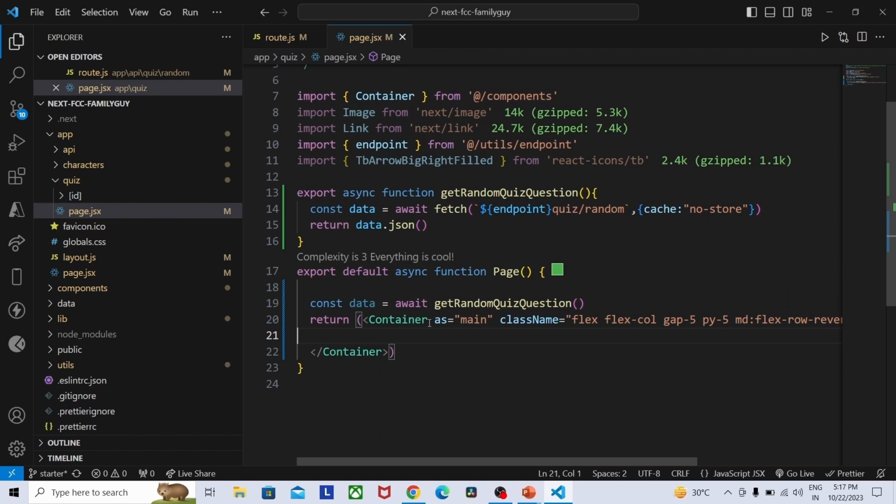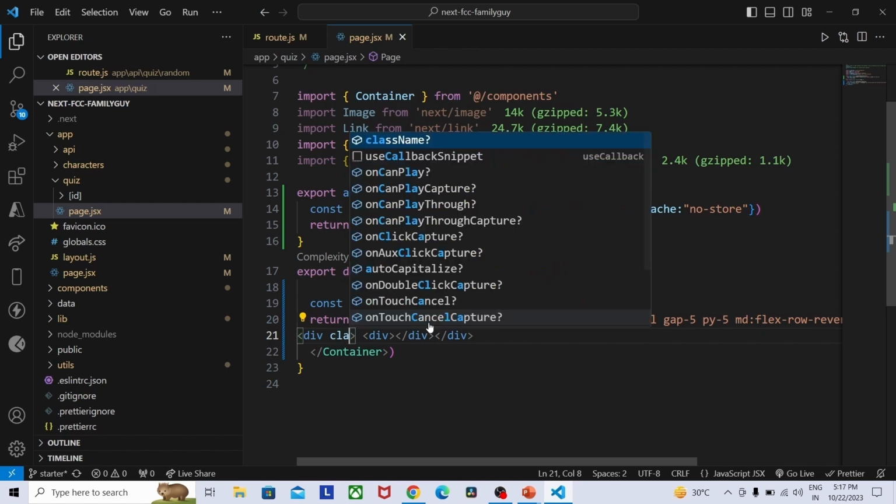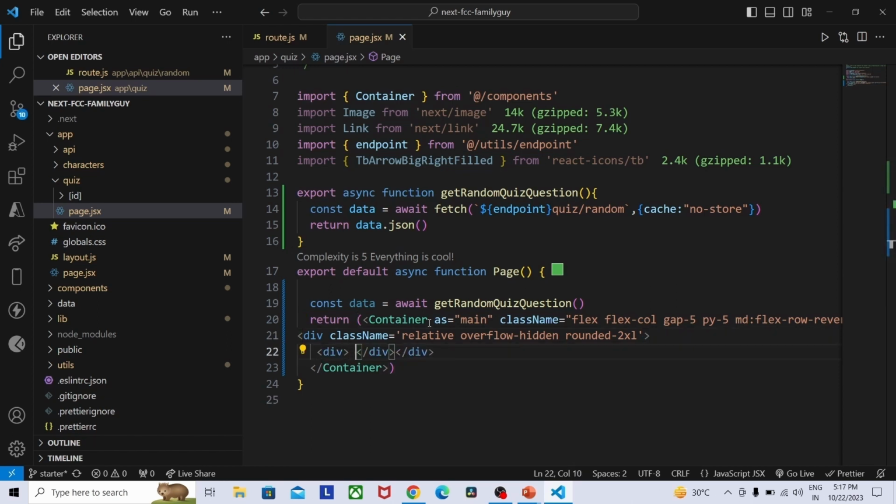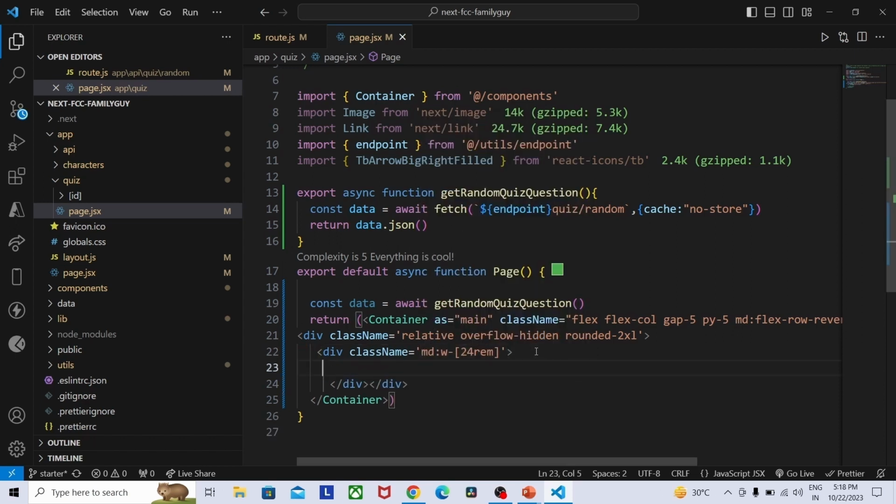Next, I'm going to provide div tag. So div, again another div tag. So in this div tag, I'm going to provide class name, and in second div provide class name. Here inside a div tag, we have to provide image